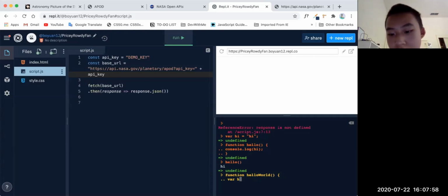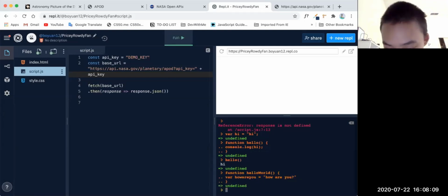Hi, let's just call this how are you, and then give how are you to this, and then close this. But if we go ahead and call this function first,